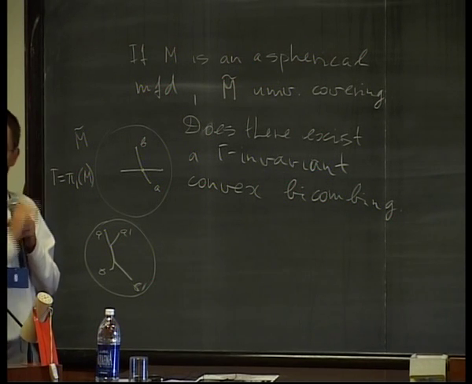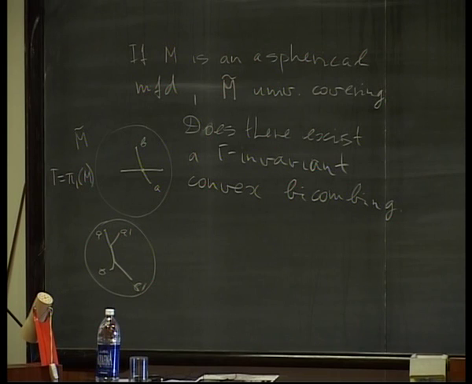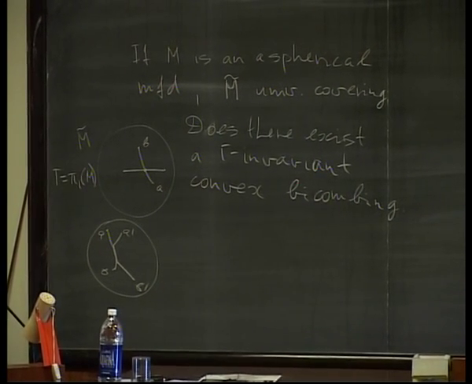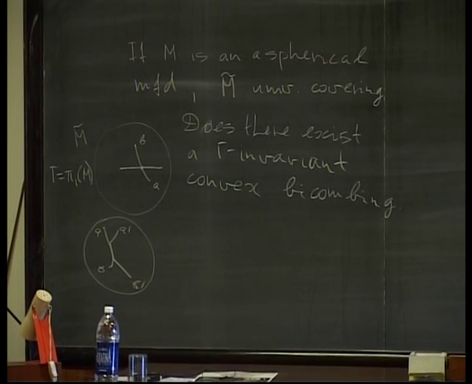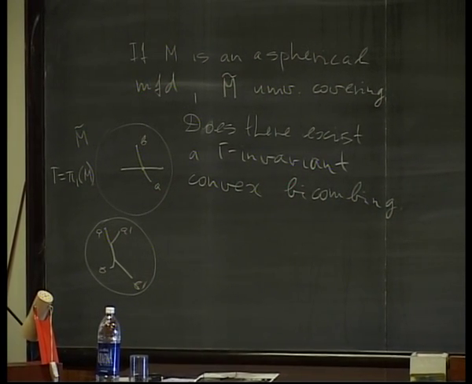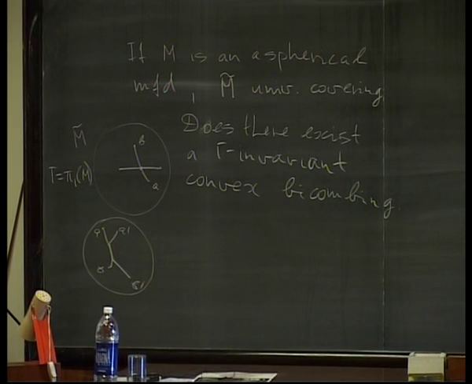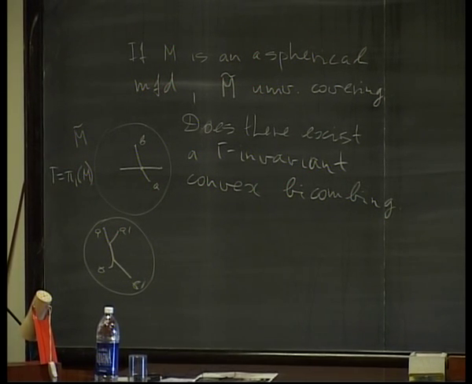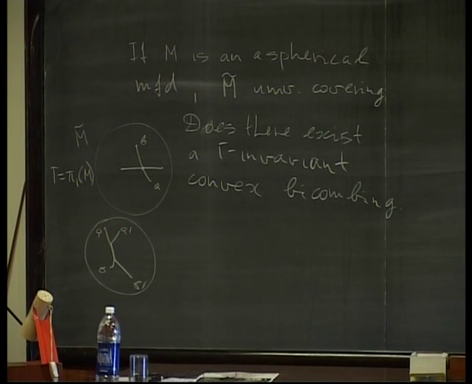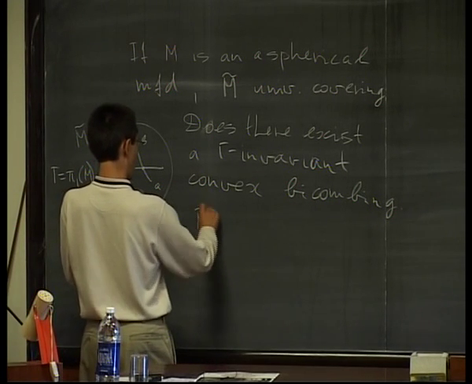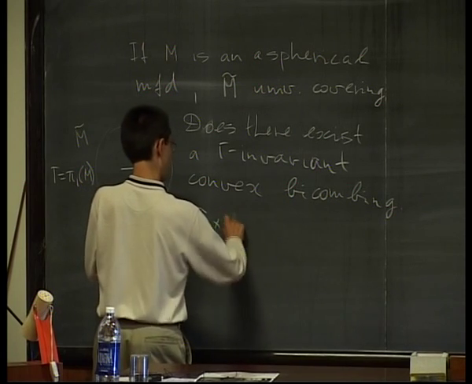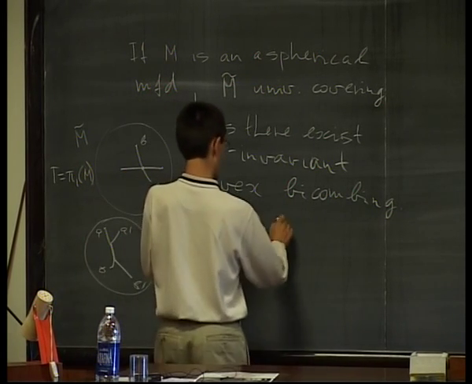There is no metric. It's purely a way to get from one point to the other in a consistent way. So it's a purely topological statement, but of course it's a topological analogue of this geometric picture. I want it to be continuous, yes. So this bicombing is a function from M tilde to the space of paths.